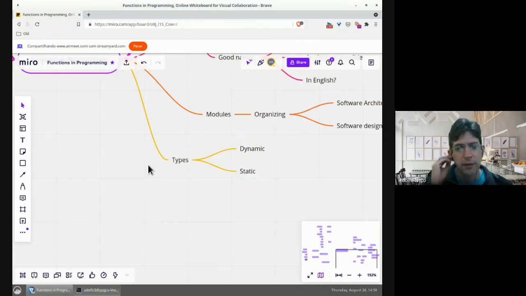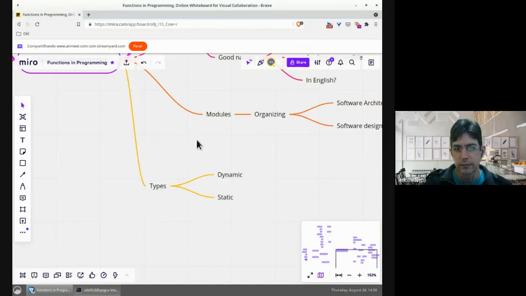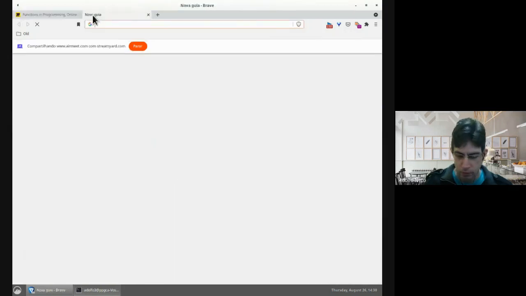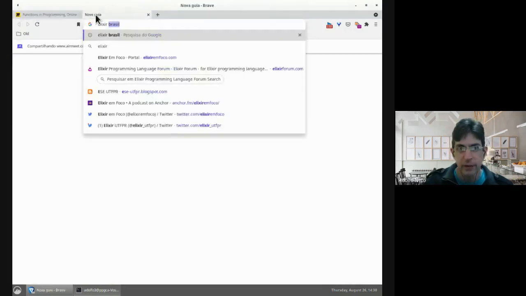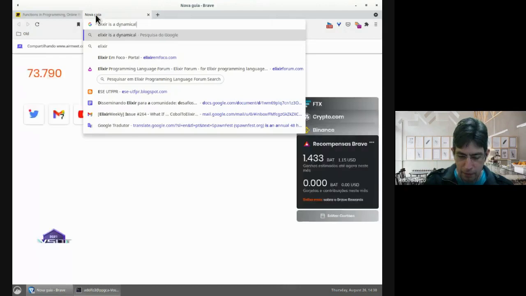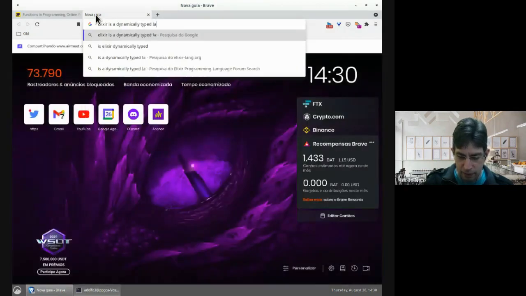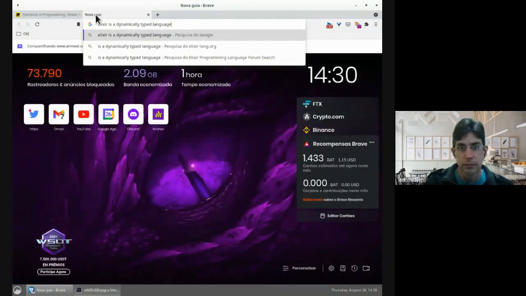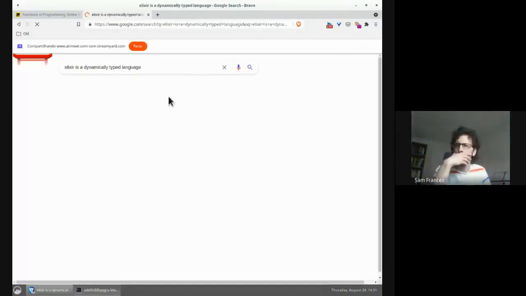I believe I didn't cover this well here. But do you have any background on that? Because people say, oh, Elixir is a dynamically typed language. How? So one thing that confuses me,